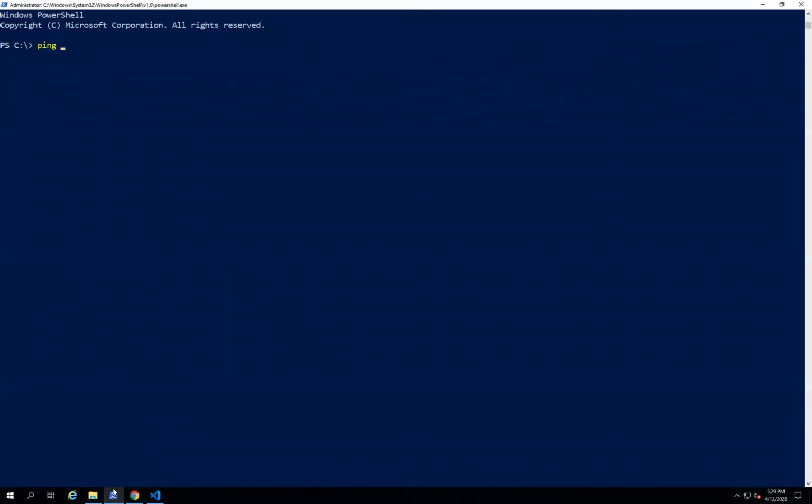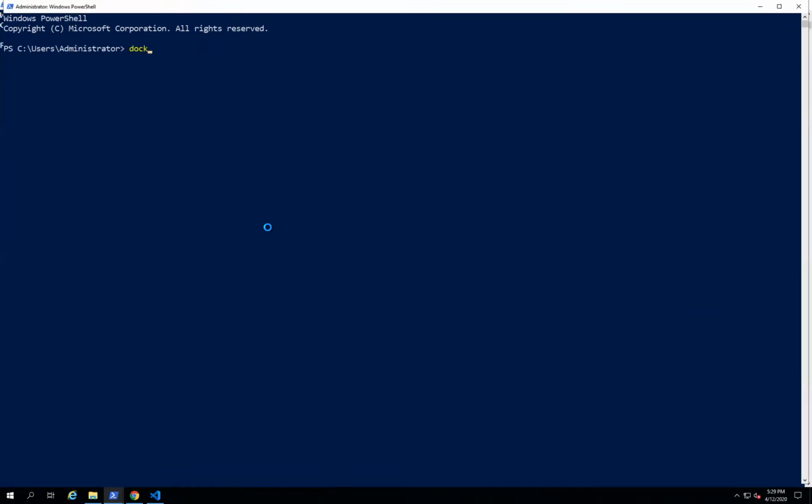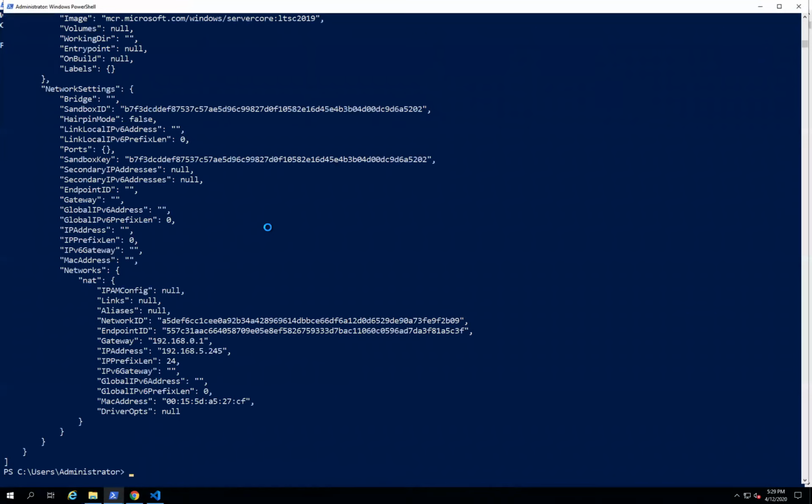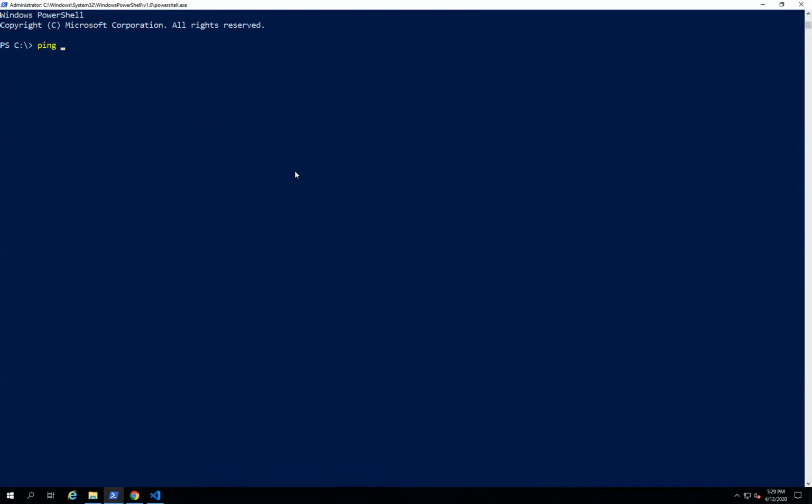Okay, I'll get the IP address with docker inspect win_container_3. So this is the IP address. Copy it and go back to the previous terminal and paste it over here.